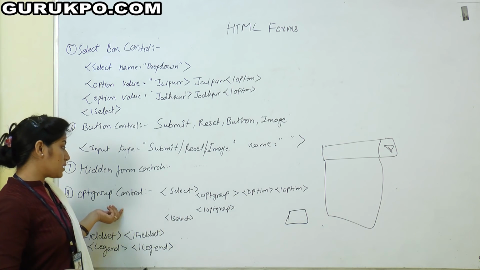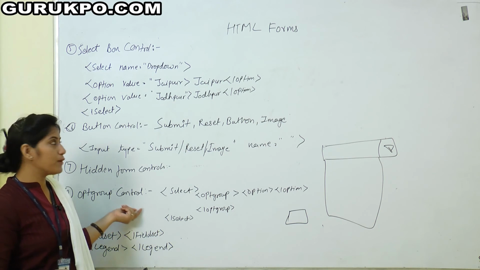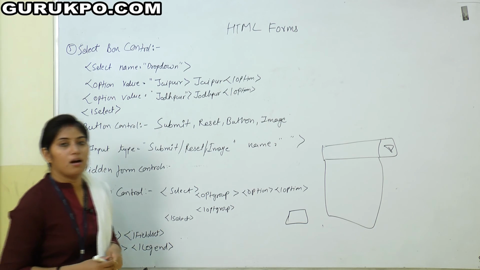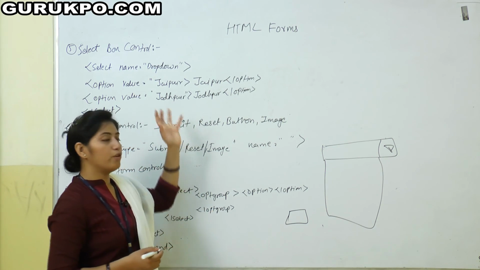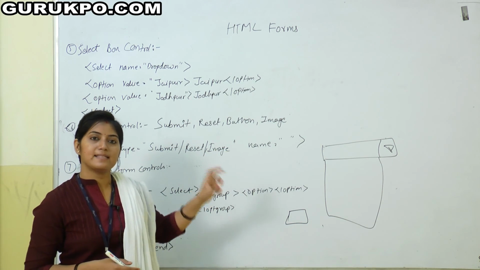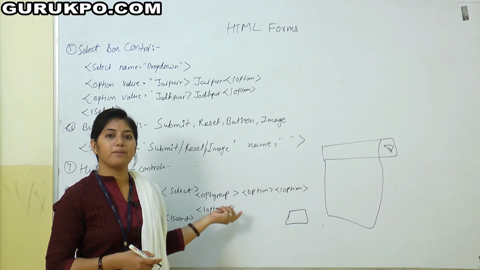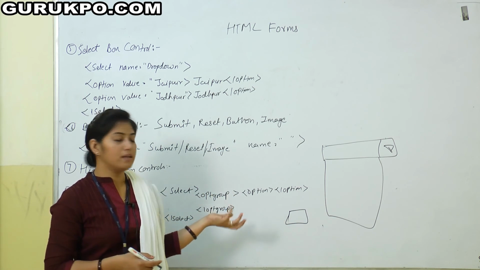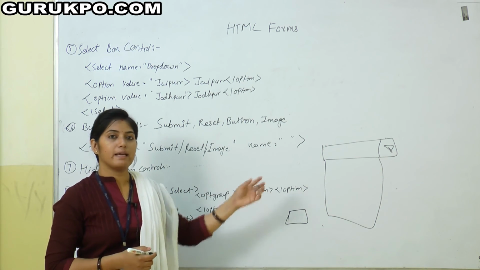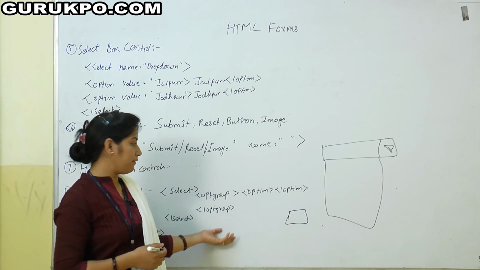The next control is the opt group control. Opt group control is basically used with the select box control in the drop down list. Sometimes we have only two values. When the values are multiple, then we have to categorize these values by some opt group. Opt group values can be numbers, integers, or alphabetical. If we want to arrange our drop down list in alphabetical order, then we use opt group.